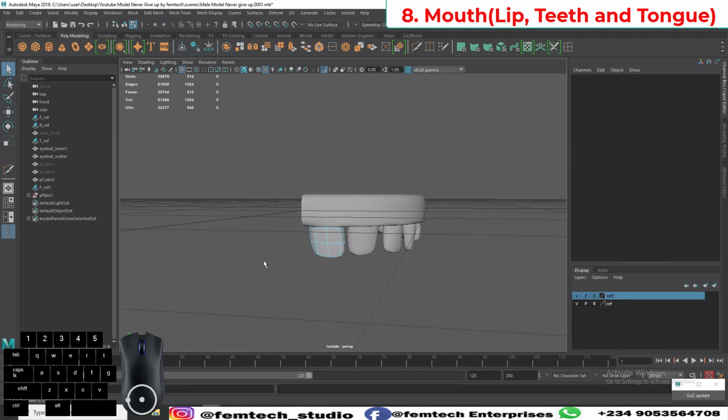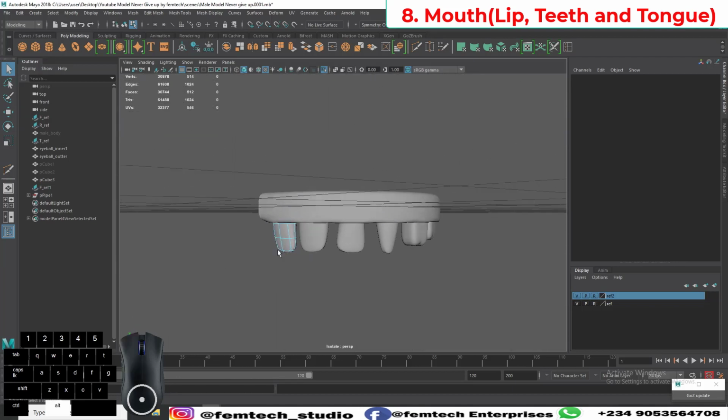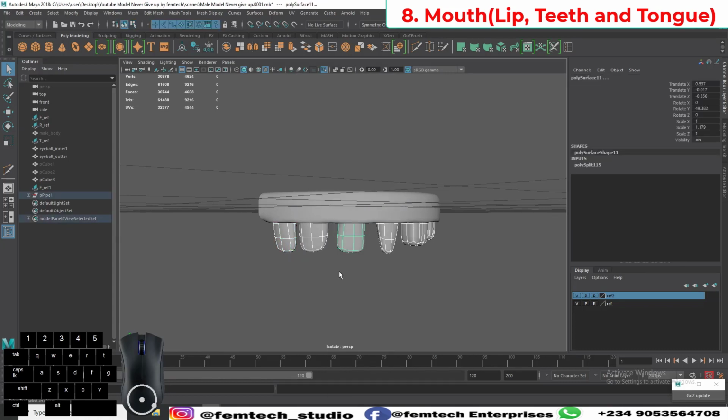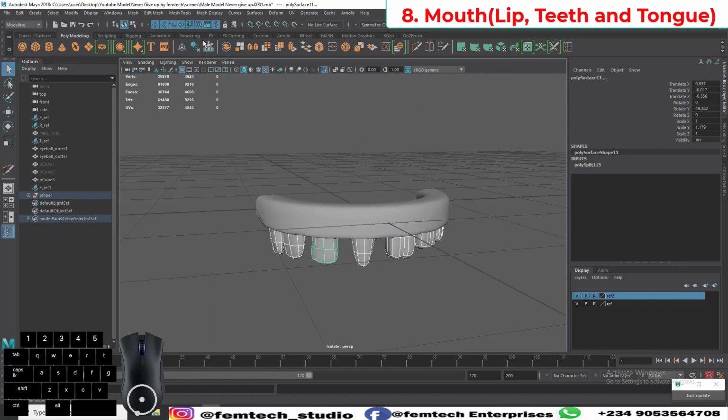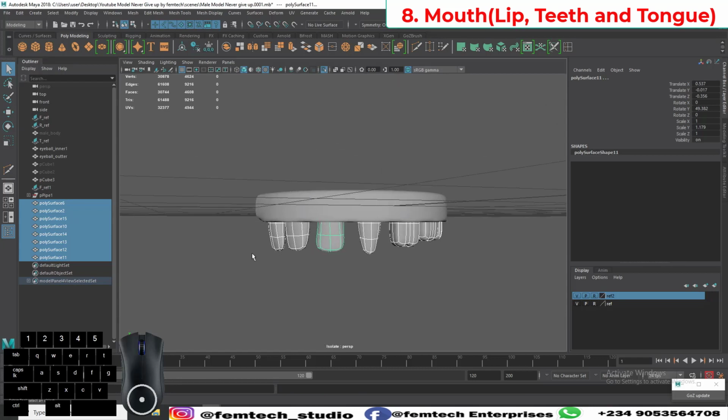So now, okay, now that we have this, just select all the teeth. Delete the history. Okay, then Shift P to bring it out from the group it was in. Then we can group it,